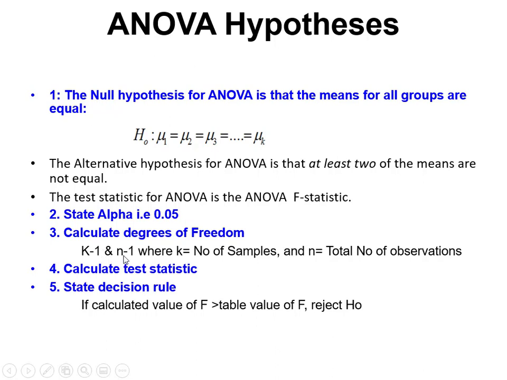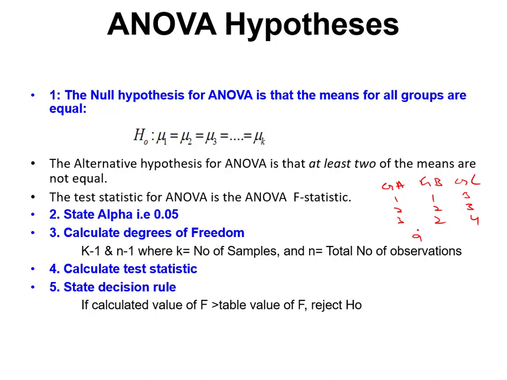And n is basically how many observations are in our data. Let's suppose we have 3 groups, and in each group there are 3 data values. Let's suppose I just construct this: this is group A, group B, and this is group C. Let's suppose 1, 2, 3, 1, 2, 2, and 3, 3, 3. So how many observations do we have? 3 threes are 9. So 9 observations we have.